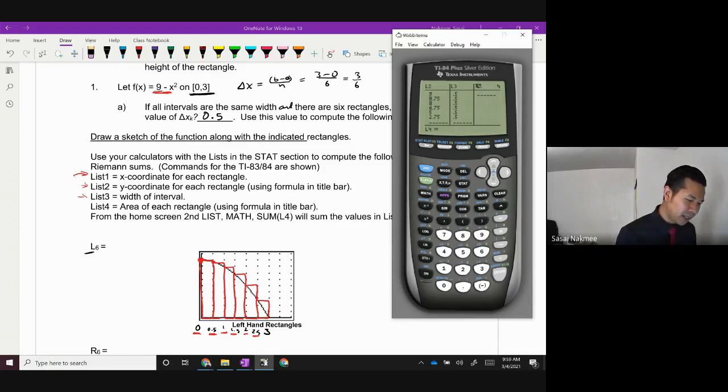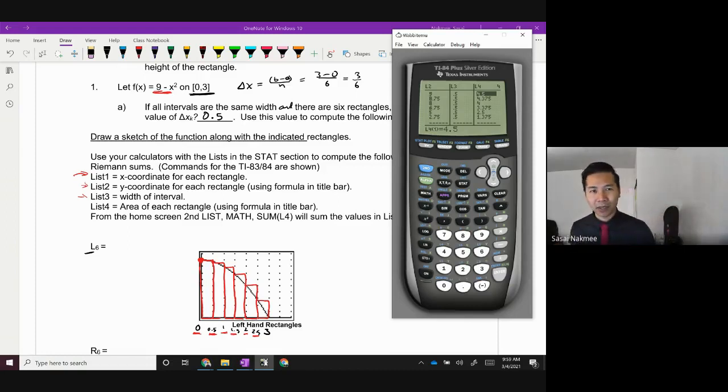Simply tell it, go to the very top, though. Don't do it in this box. You'll get an error because you're trying to fit all these numbers into one box. Go up to the very top there. You want to fill out this whole list, right? And in L4, I want it to equal every number in L2 multiplied with every number in L3. And when you do that, bam, it calculates the multiplication for you. It multiplies everything in L2 with everything in L3.